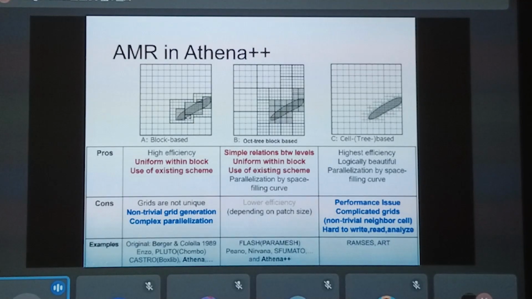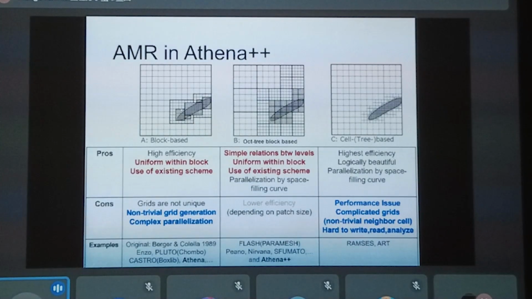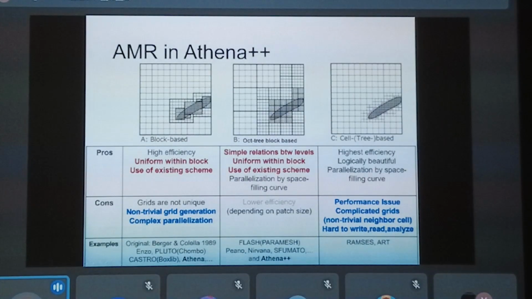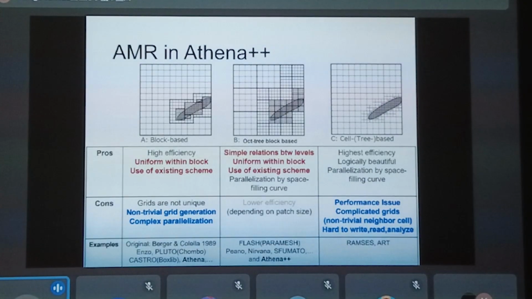Also, the communication pattern with the neighbors is non-trivial. For example, this one block has many neighbors. So you have to calculate how to communicate each time step whenever the grid is redefined, regenerated, or destroyed.